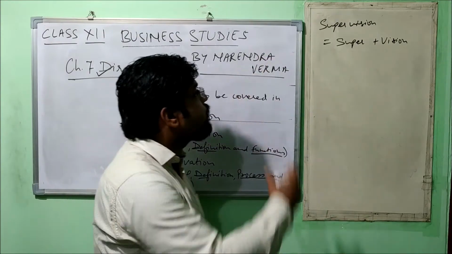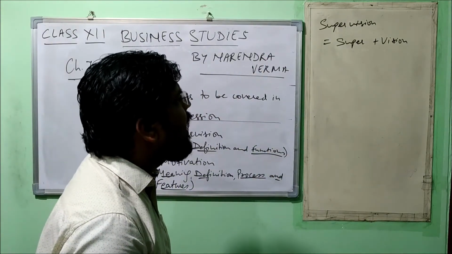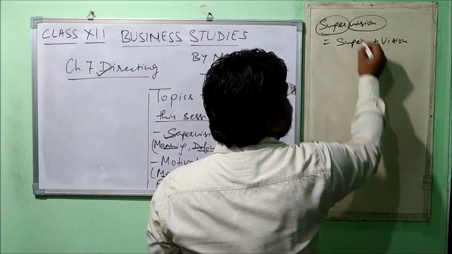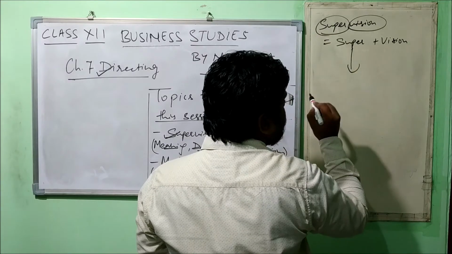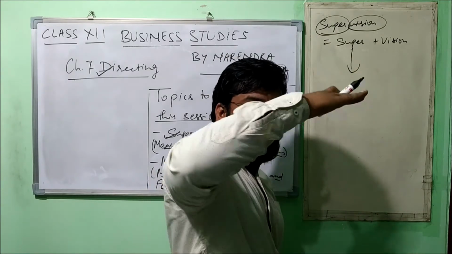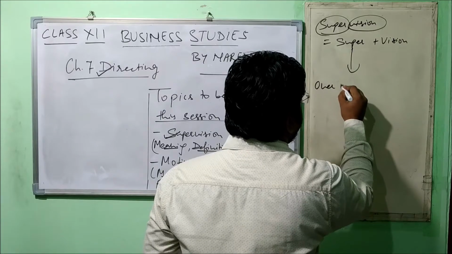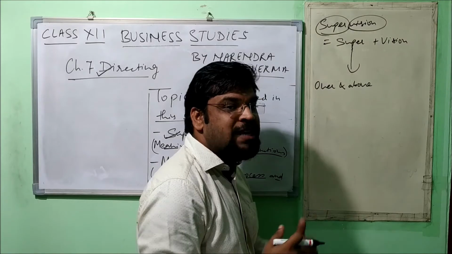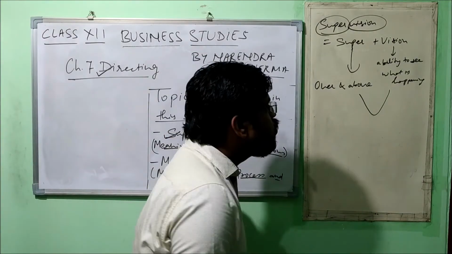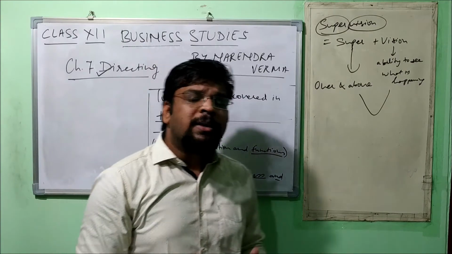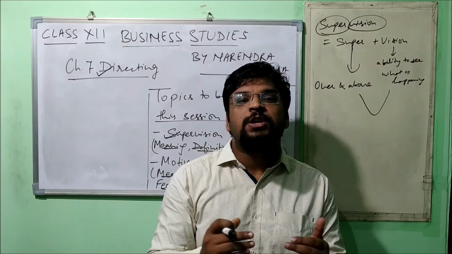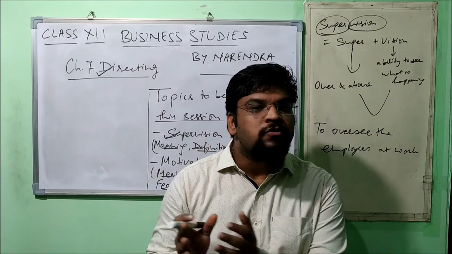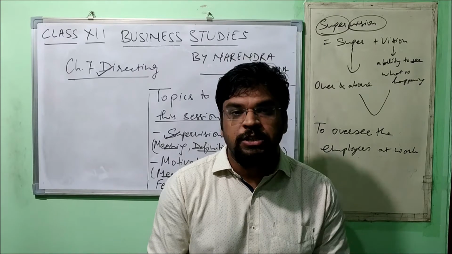So friends, have a look here. Supervision. This term has been made up with two words. One is super and another is vision. Super means over and above, something high. And vision means ability to see what is happening. So by combining these two, what is the meaning of supervision? To oversee the employees at work, right? So it is the function of keeping a watch on the working and performance of the employees in the organization,